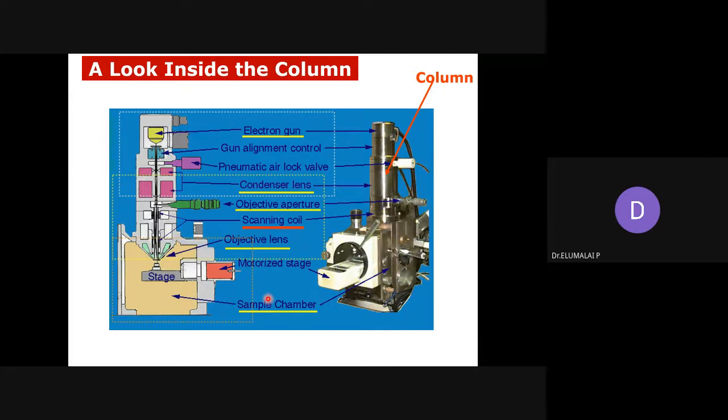These are the major components in the electron microscope. You need to have an electron gun, then a condenser lens will condense, make coherent, and focus it. Then the aperture lens will further focus on the material that you are going to scan. Then you have to scan it in a raster pattern, point by point scanning rather than overall scanning. You will never miss any chemical information of the material.